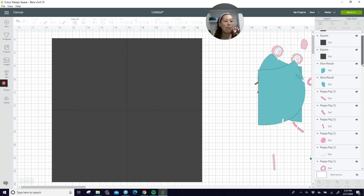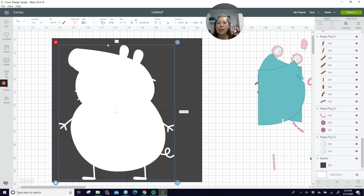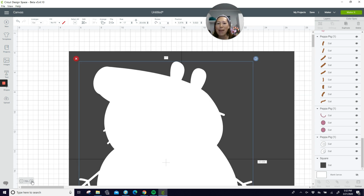Okay, so let's bring our background to the front. So I pulled in from the right-hand panel, go to arrange and send to the front. And what I want to do is I just want to make sure that I'm slicing appropriately. And what I mean by that is...